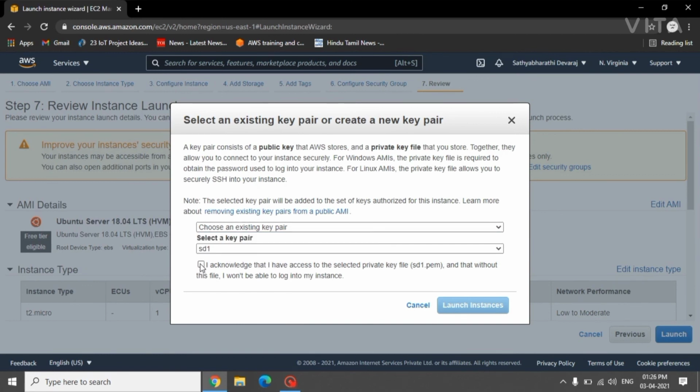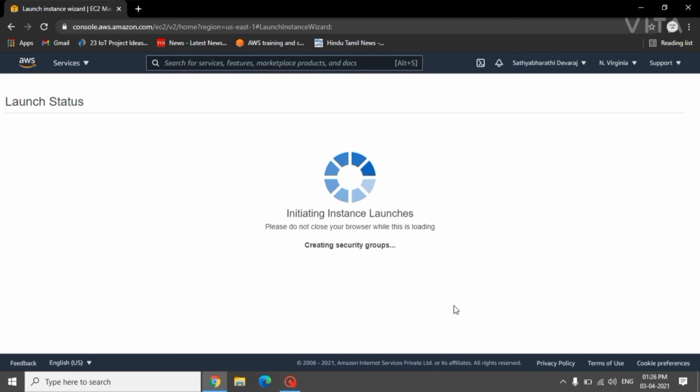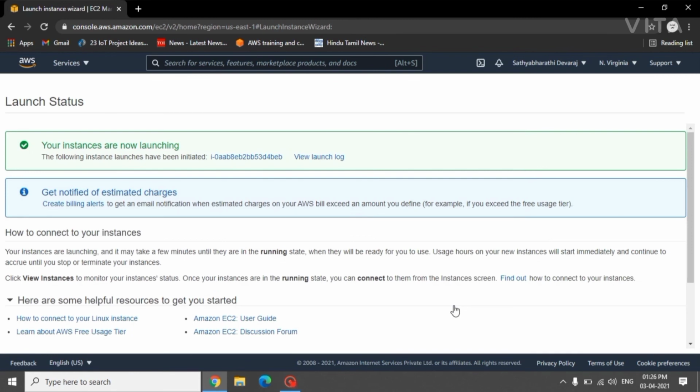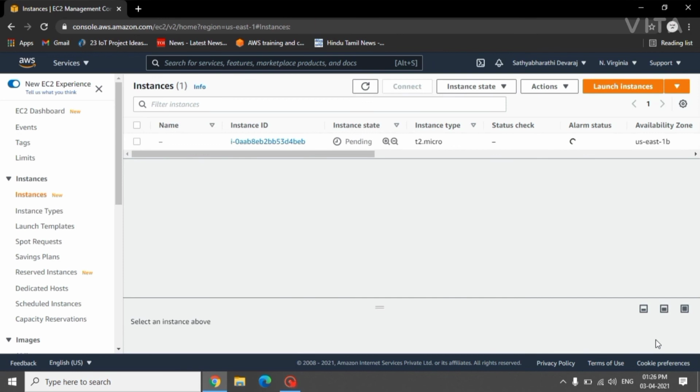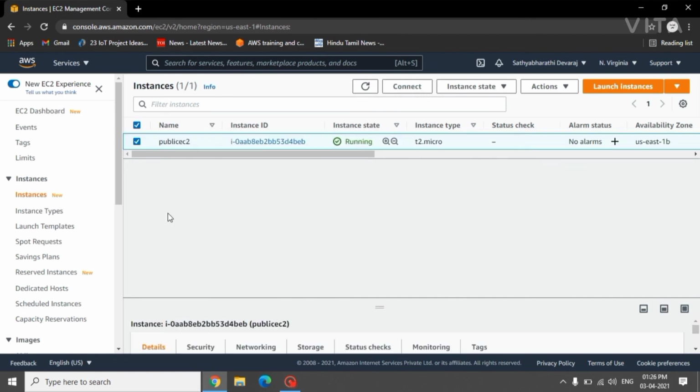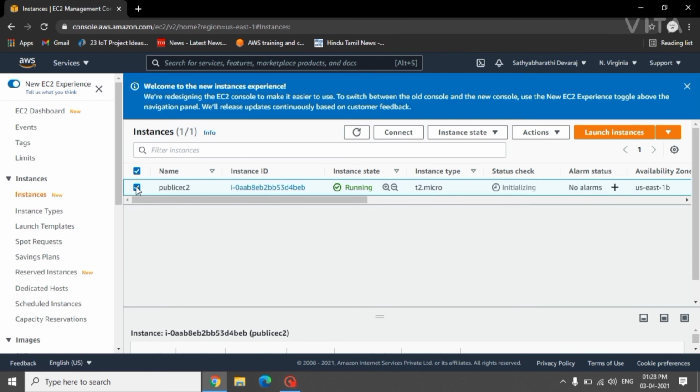I'm going to select an existing key pair, then give launch instance. Let's name it as public EC2. So the instance is launched in the public subnet.